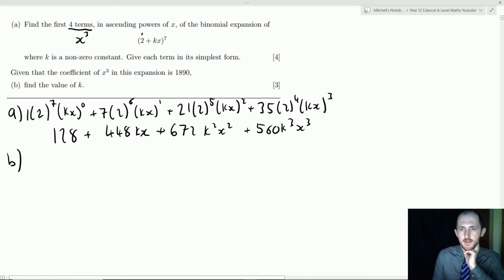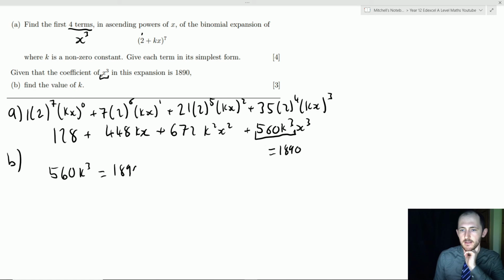Part B, it tells me that the coefficient means the number in front, so all of this equals 1890. So in other words, 560 k cubed equals 1890. Now divide both sides by 560. Always divide by the thing in front first. You get k cubed equals 1890 over 560. Then you cube root both sides and you get